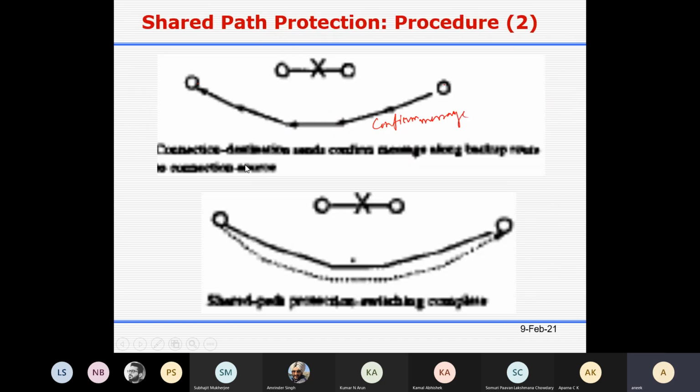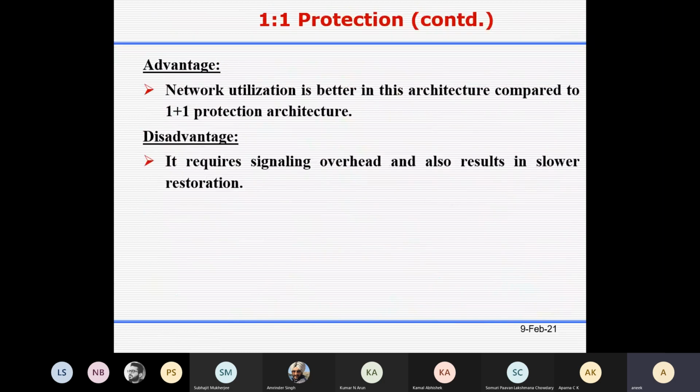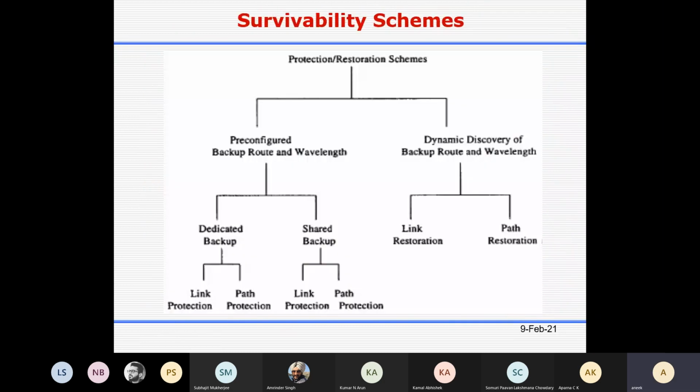So now you can see, if you follow this chart, this is your protection scheme. Under protection schemes there is dedicated protection and shared protection, and under dedicated protection there is link protection and path protection; shared protection also has link protection and path protection. So this portion we have studied.